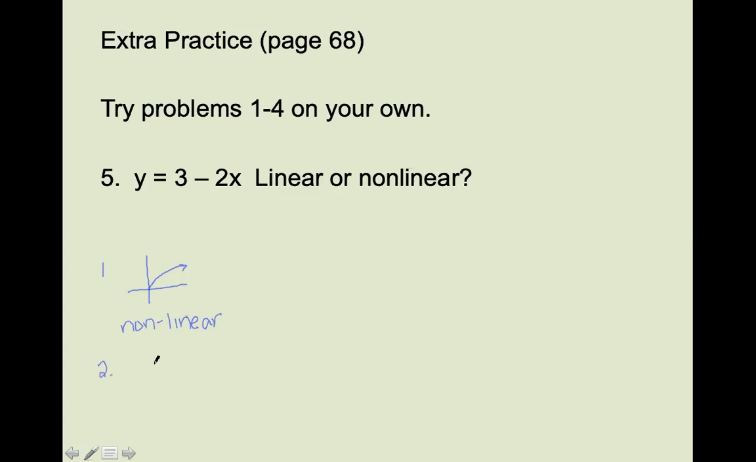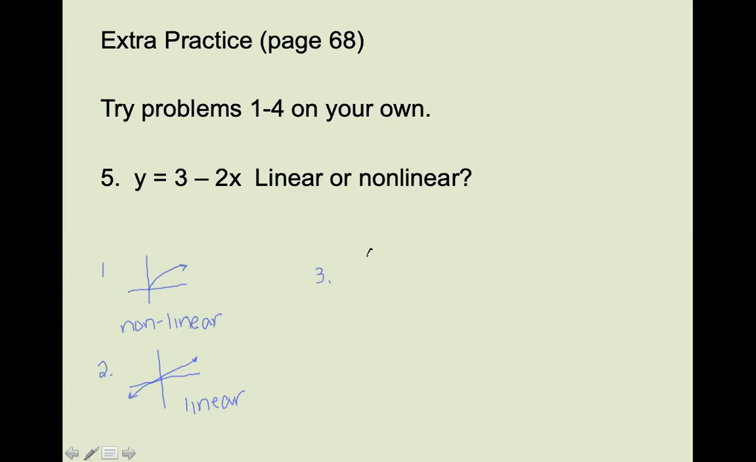Number 2, our graph looks like a line going like this. And unlike my picture, it looks sort of curvy. The one in the book is not curvy, so it is linear. All right, on number 3,